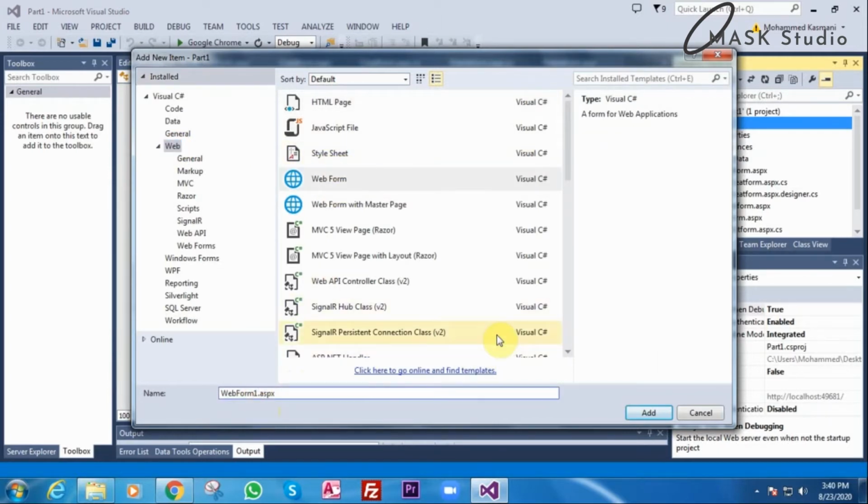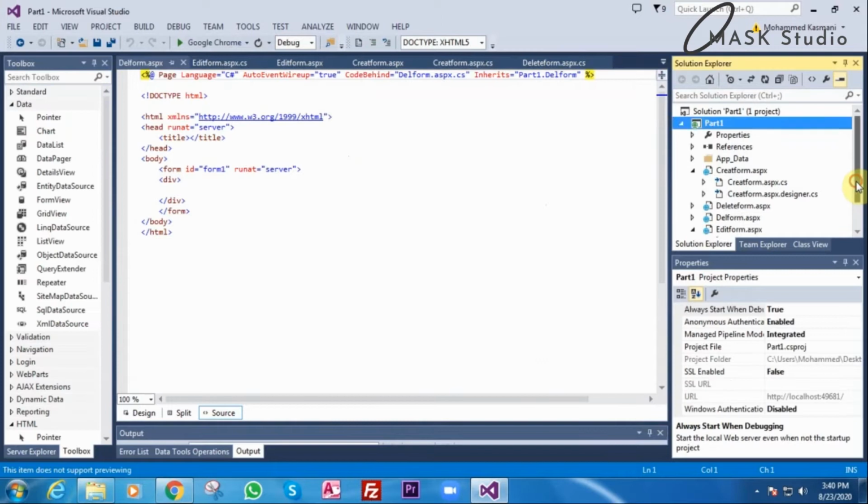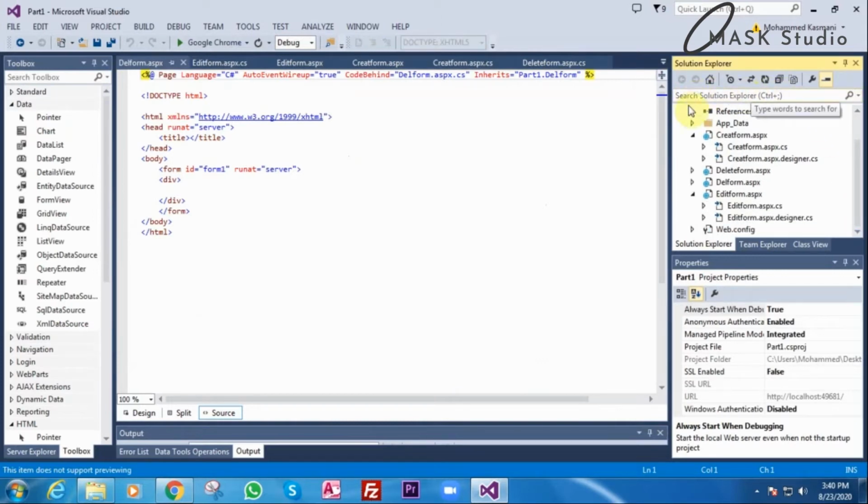I'll give the name here, delete form. I'll say add. Now on the right hand side of Solution Explorer you will find the del form .aspx, and inside del form you will find the class.